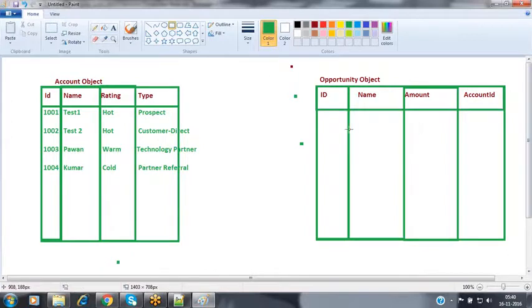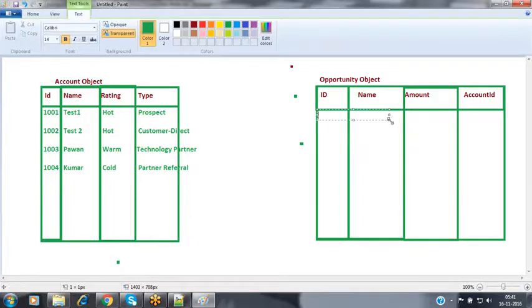So these are the four columns inside my opportunity object, and there are a few records available inside it.